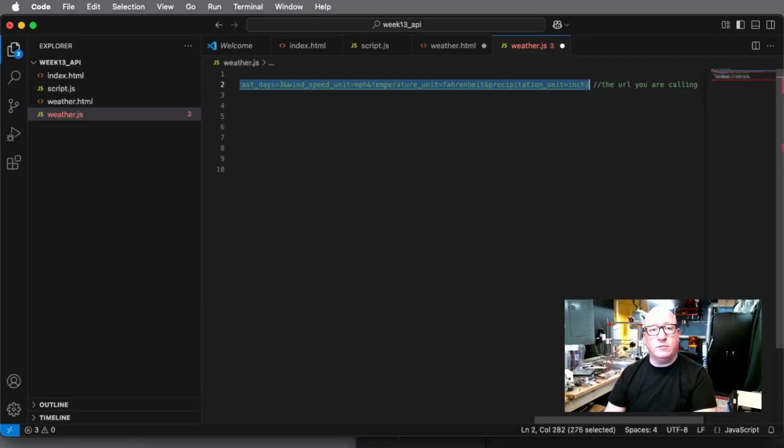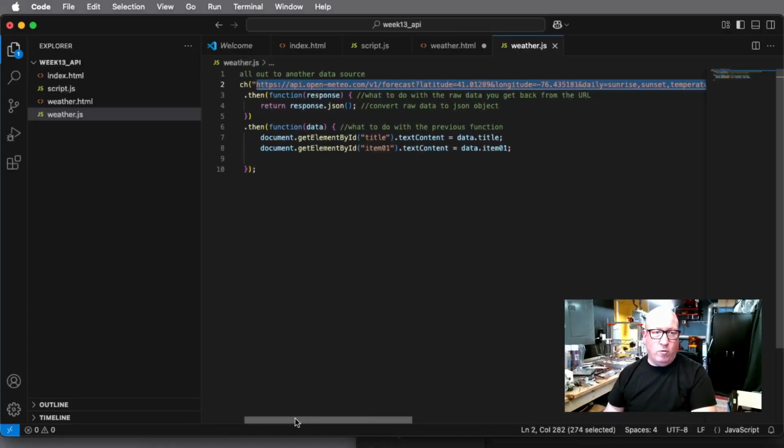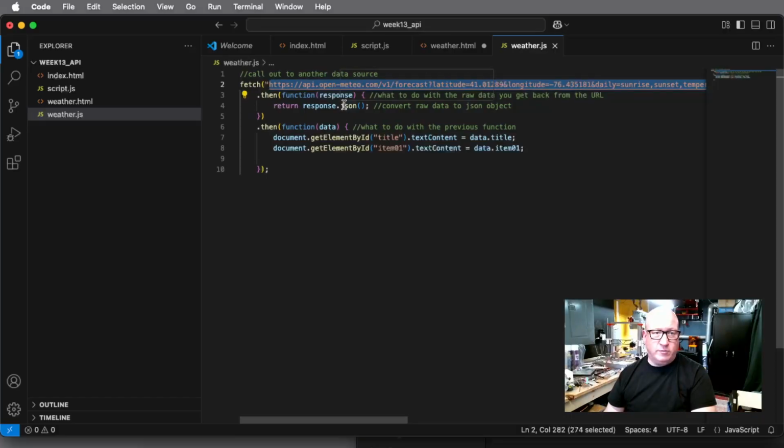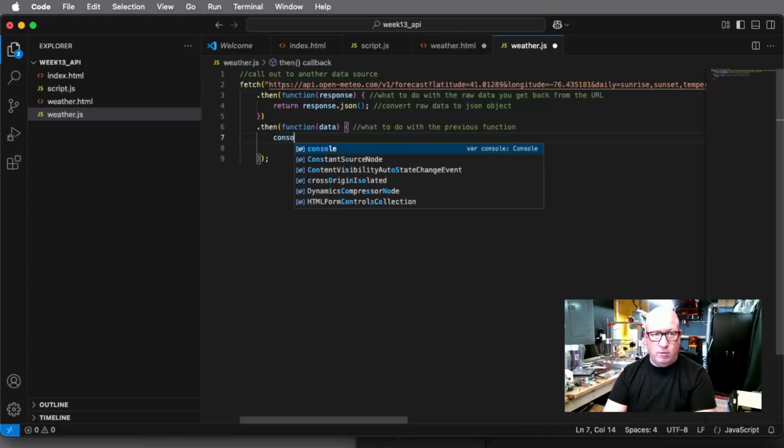I have to put it in quotes. Great. Okay. Now it then gets the response, pulls the response down. And what I've been doing, I was doing this whole get element ID. What I'm going to do right now is just console.log